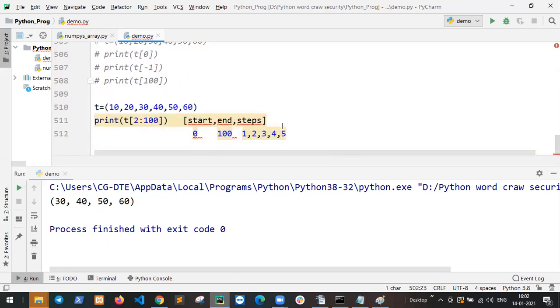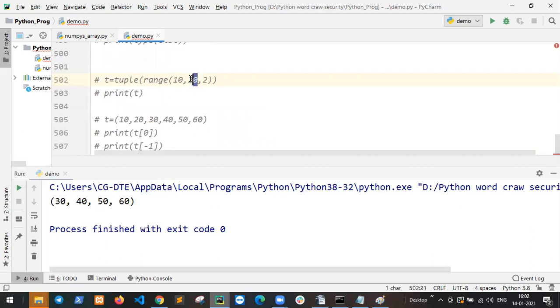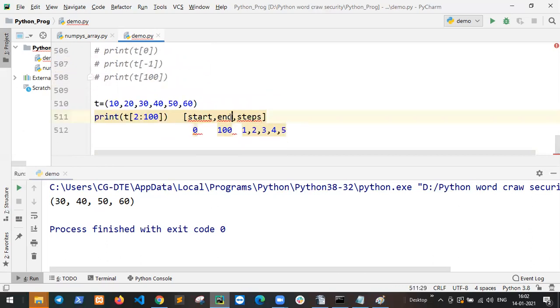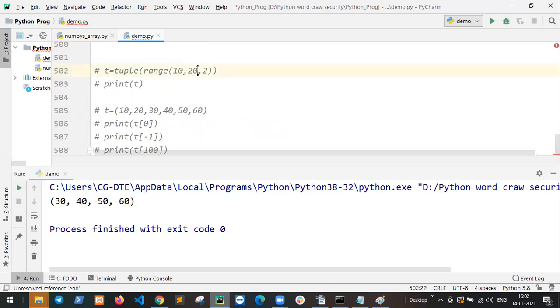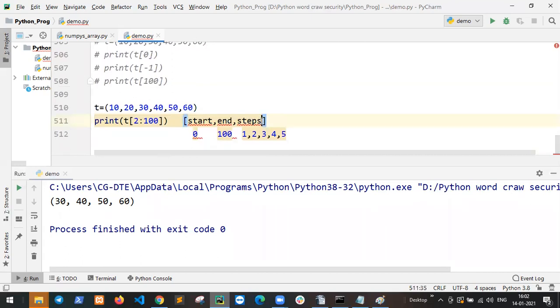By default the step is 1. There are only three types of value: starting, end, and steps. Because the ending value is always included, and steps can be decreasing, like minus 2 or minus 1. But here there is no minus value.